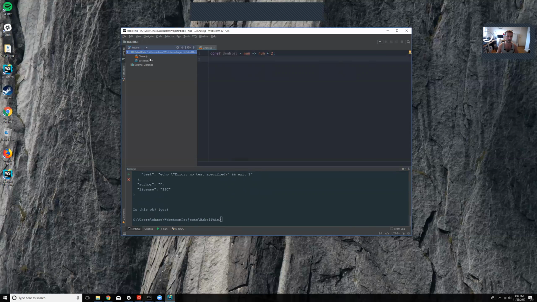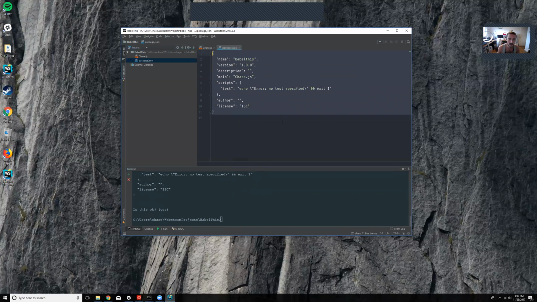And if we look up here, we have our chase.js and our package.json files. Our package.json file is just all of that stuff that we just pressed enter to. So now the big thing is we want to actually tell it what presets to use for this project. So we're going to say npm install